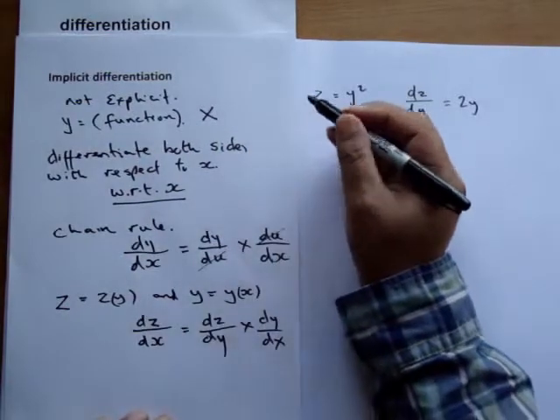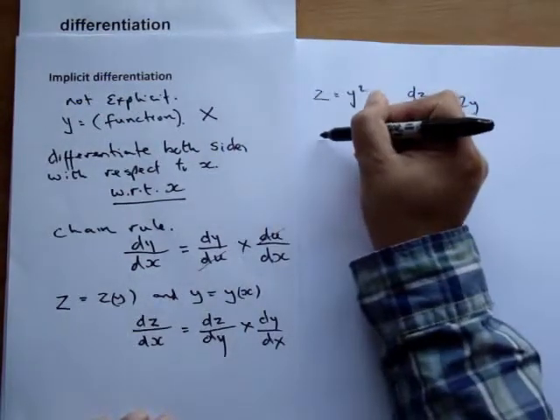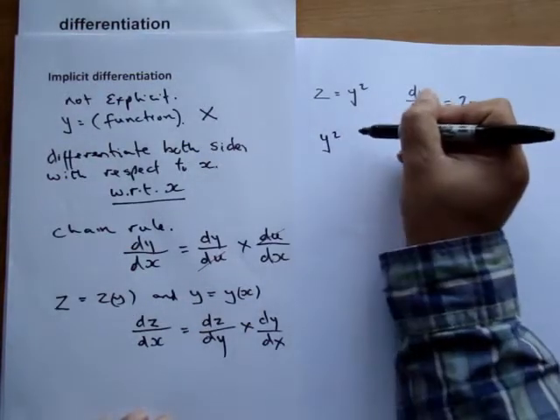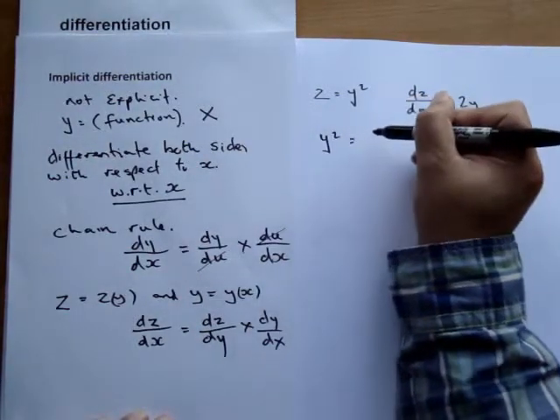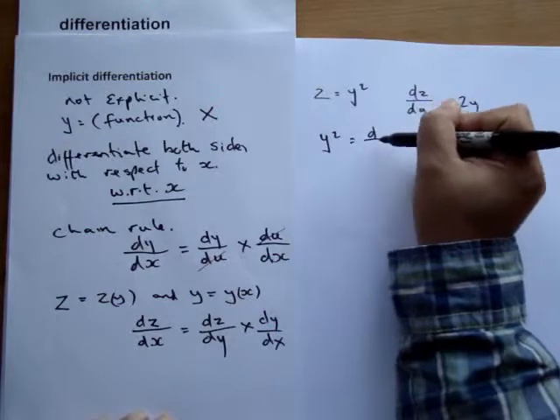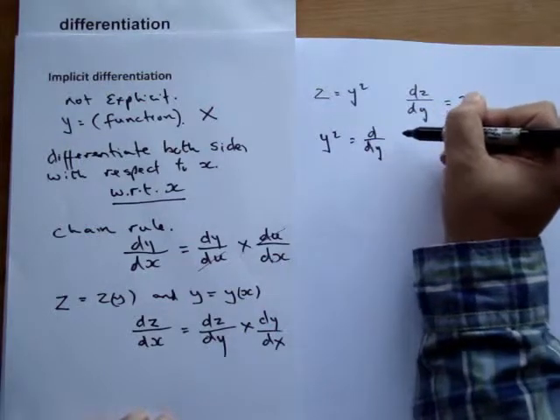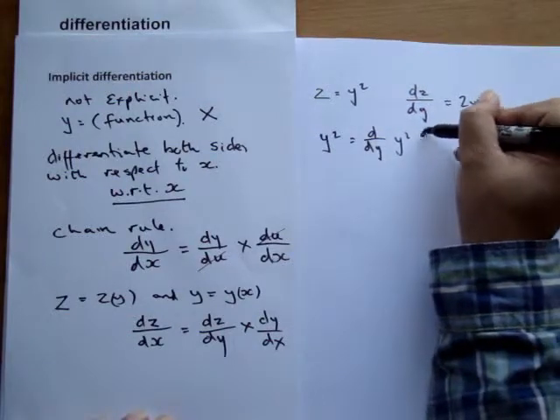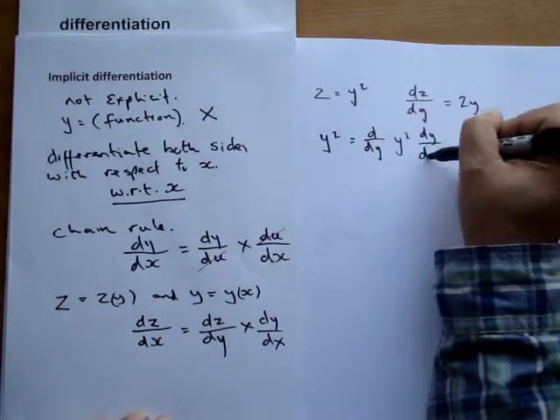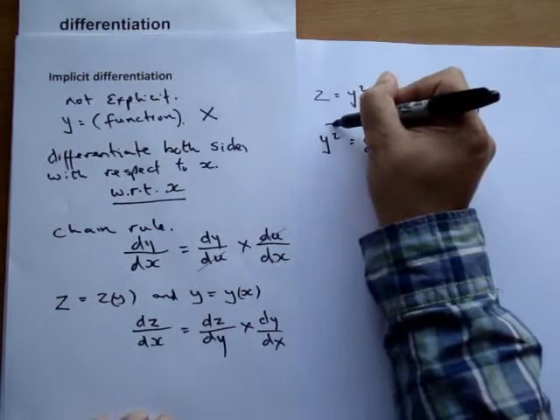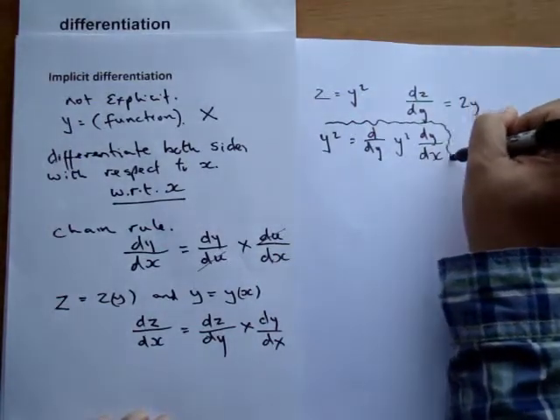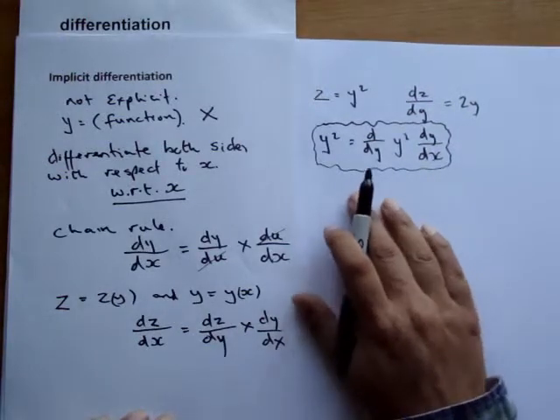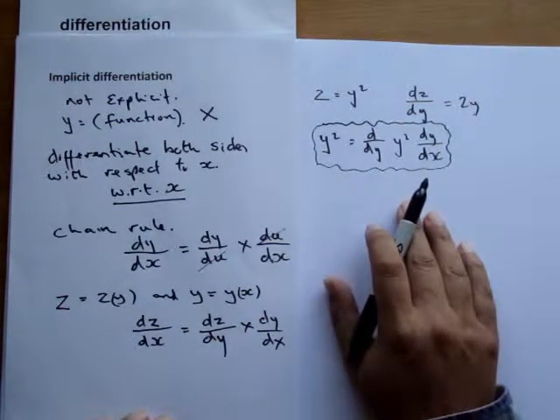So in this case, as a little aside, d by dx of y squared equals d by dy of y squared times dy by dx. So this in essence is the rule of implicit differentiation,